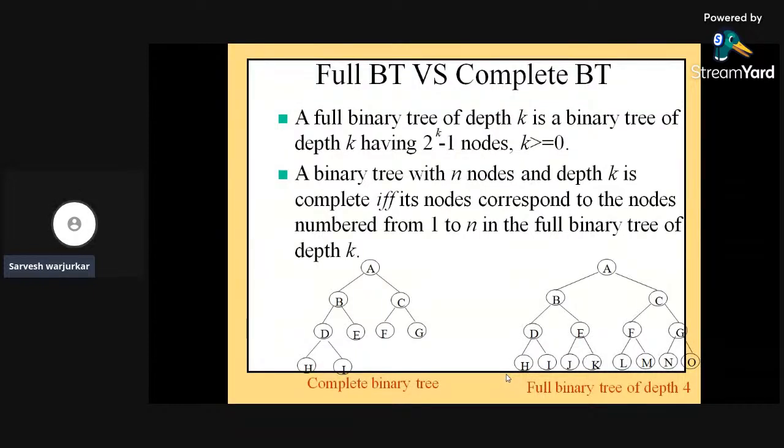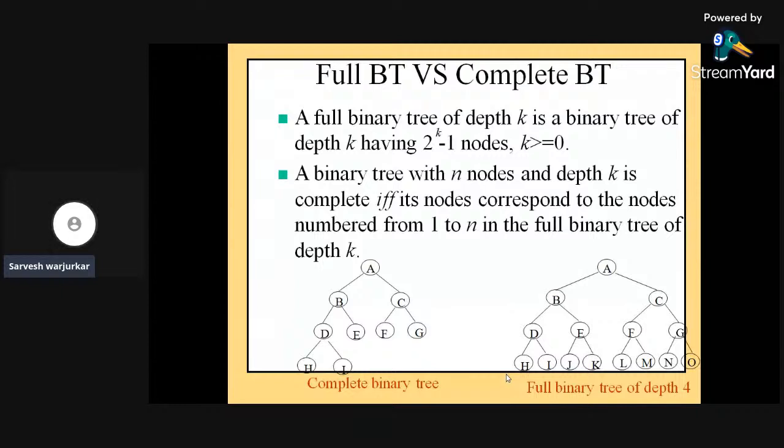All the other levels except the last level have exactly 2 children. The word is very important: exactly 2 children. If each and every node except the leaf nodes in the last level has exactly 2 nodes,